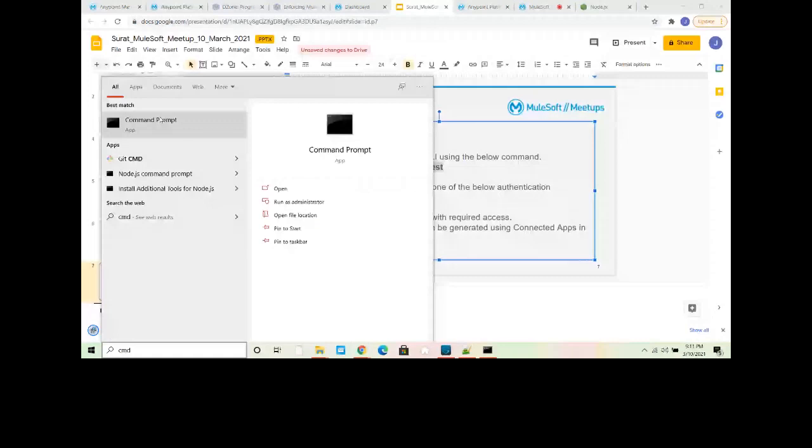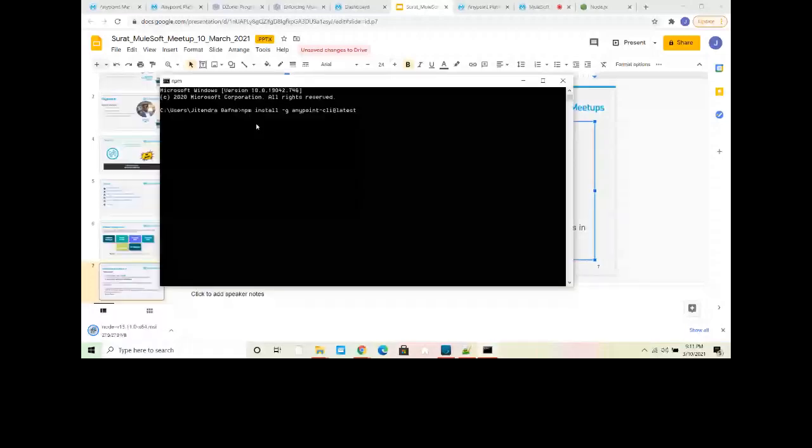It will download the latest Anypoint CLI. So let's wait, it's trying to download. It's npm install -g anypoint-cli@latest. So this is the command.